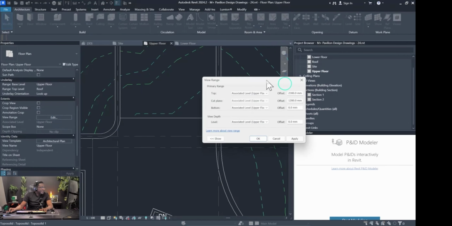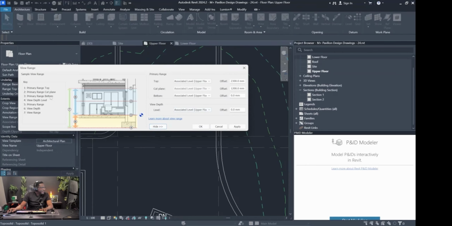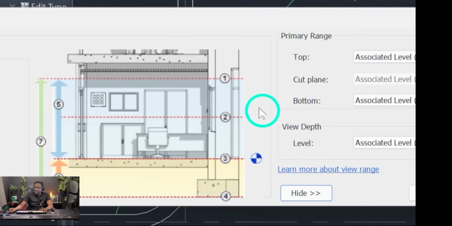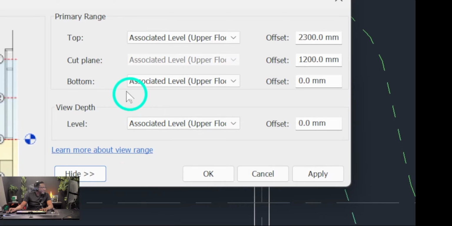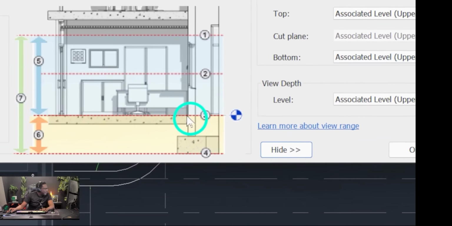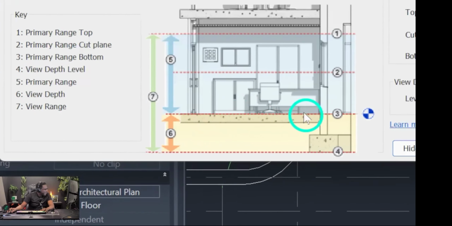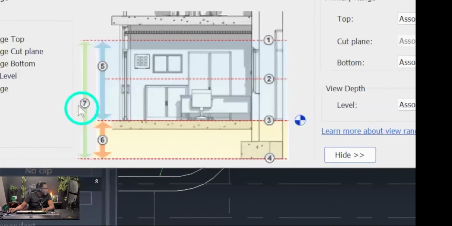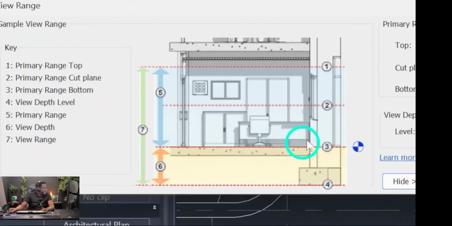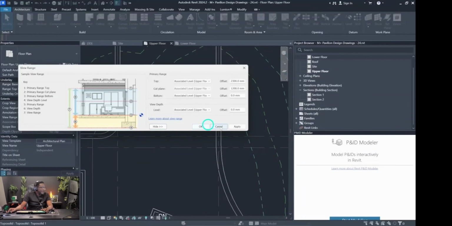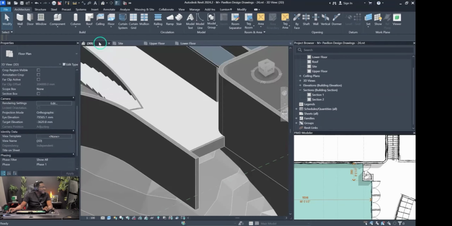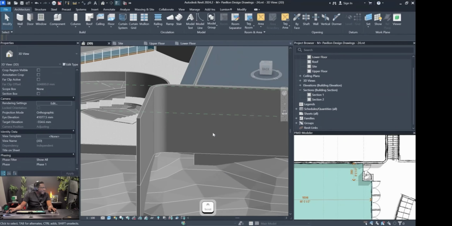So for the upper floor, let's see what we have here. Now you can always use this diagram to understand where these levels are. So for example, right now I am not seeing that wall, and that wall is actually sitting below what is described as the primary range bottom. So the bottom is this level here, but the wall is actually below that, right? If you take a look at our 3D here, so that's our 3D,